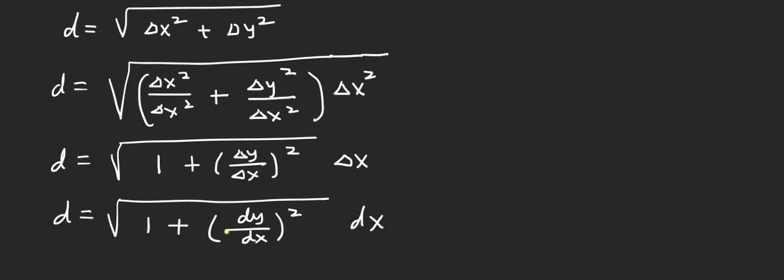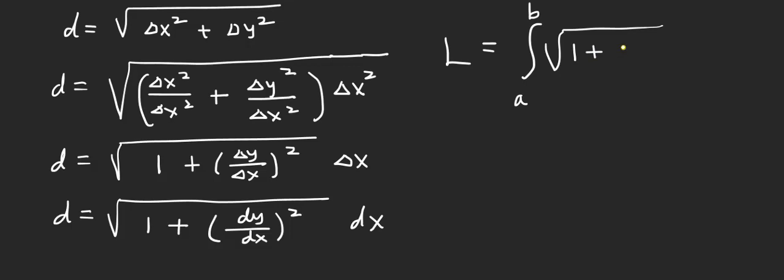So what's happening is that this represents one line segment, but we're adding an infinite number of line segments. So the length of a smooth curve will be the integral from a to b of the square root of 1 plus, instead of dy over dx, I'm going to put f prime of x, squared, and then dx. So this is the formula that will give you the length of a curve, and we're going to look at